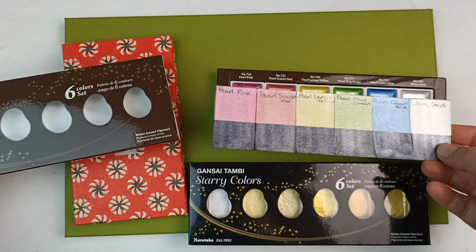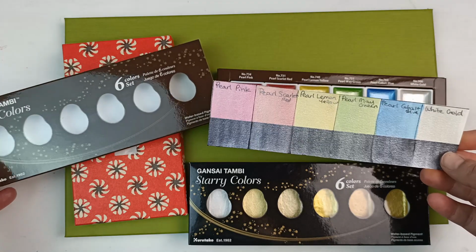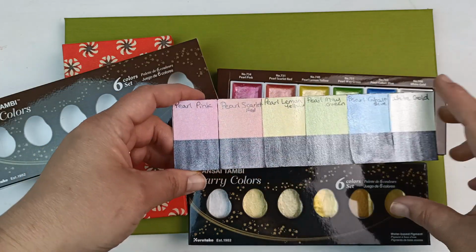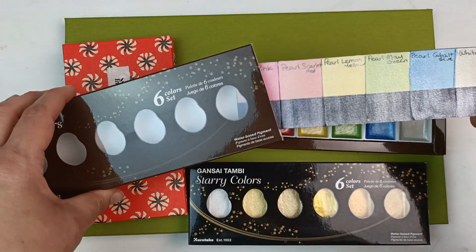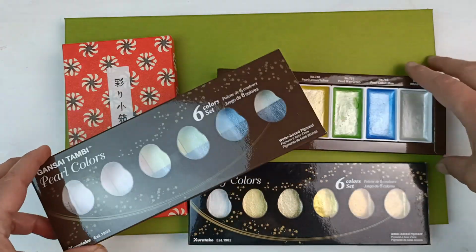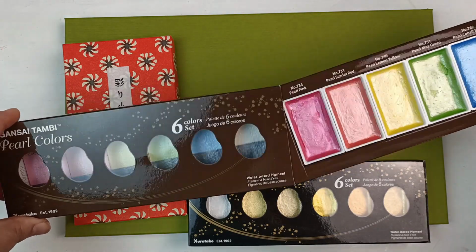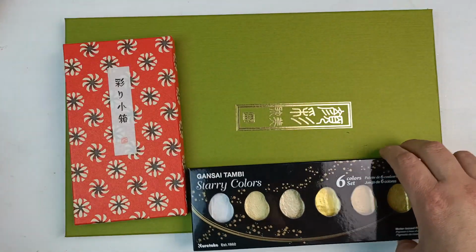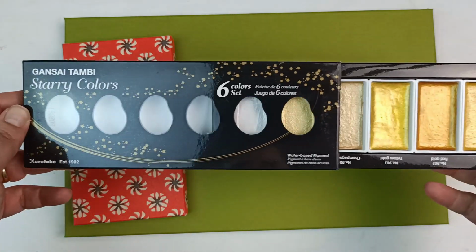These are the pearl ones. These ones are a little more opaque, and I noticed that when these ones are on black, they all look exactly the same, but on white you can really see the colour. So these ones I would use on white, and that is the pearl colour set. And then, I can never get these back in when you're on camera. And then the last one is probably the set that I use the most, the starry colours,